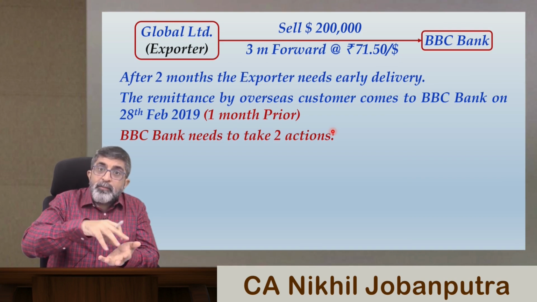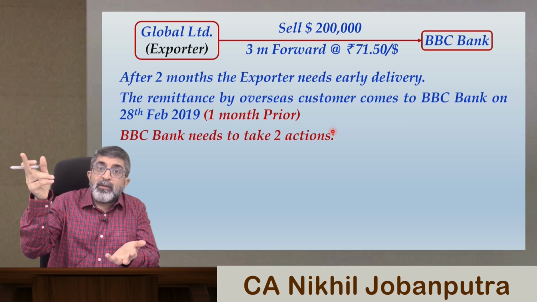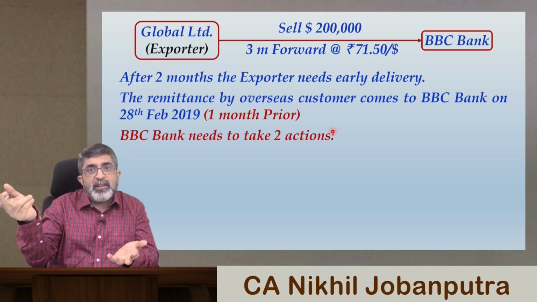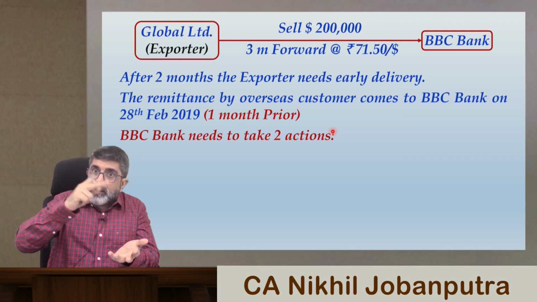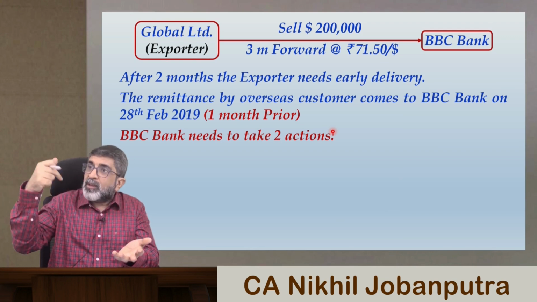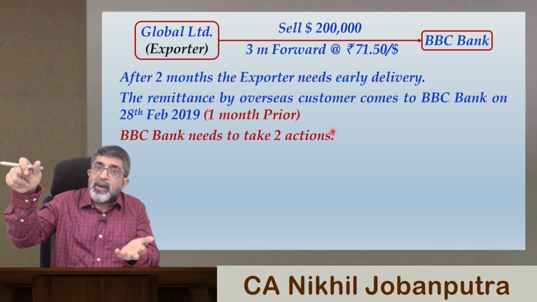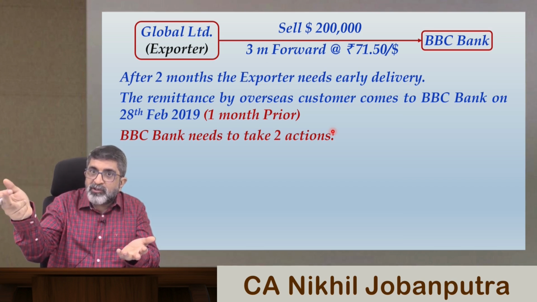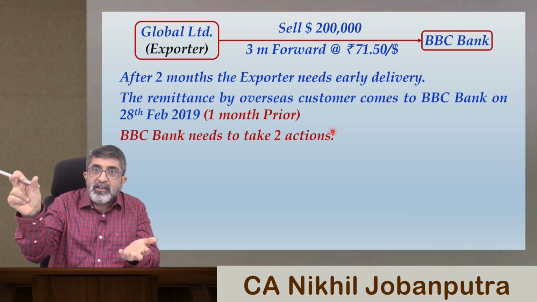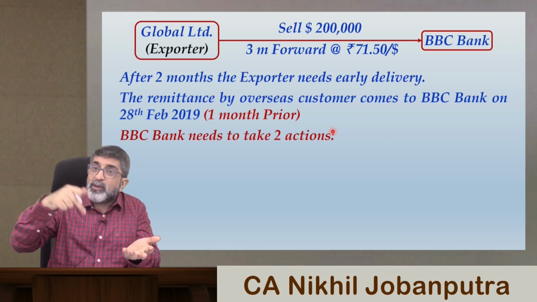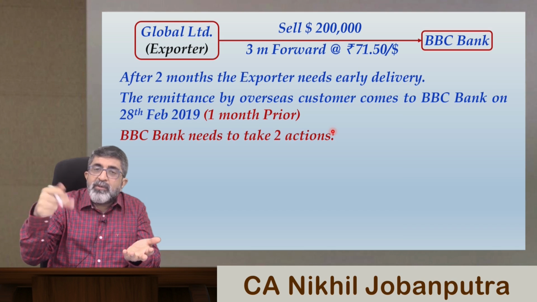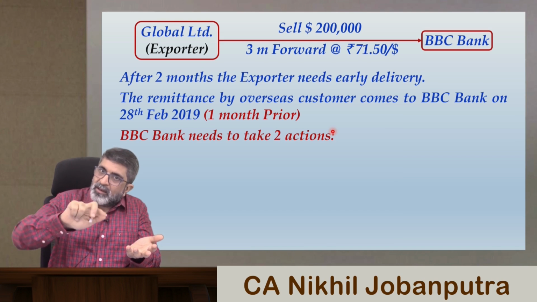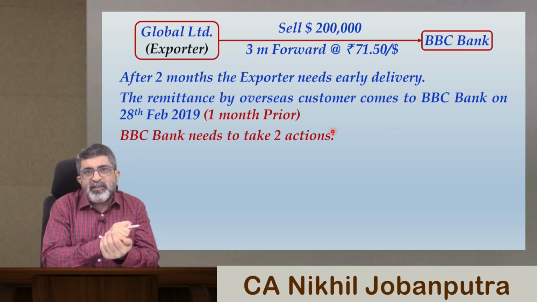But what about the bank's position with the Forex market, which we are assuming the bank would have covered itself in, where the bank will sell $2 lakh in the Forex market on 31st March 2019? So if the bank has to sell on 31st March, that contract of BBC Bank with the other bank in the Forex market will need a cancellation. For that, BBC Bank will have to take a reverse position.